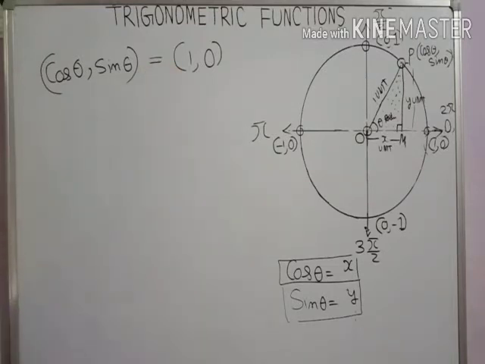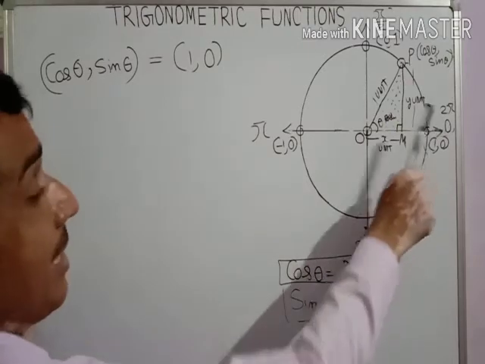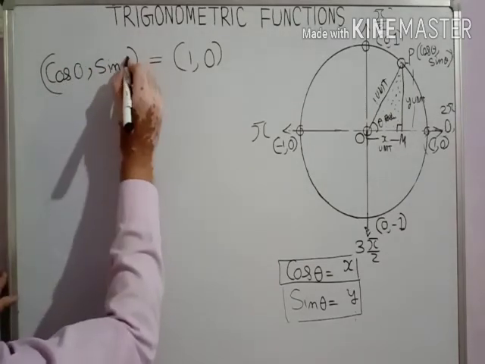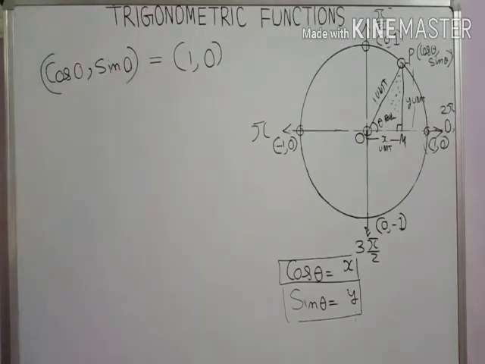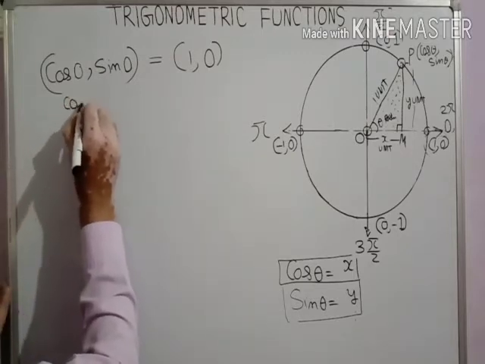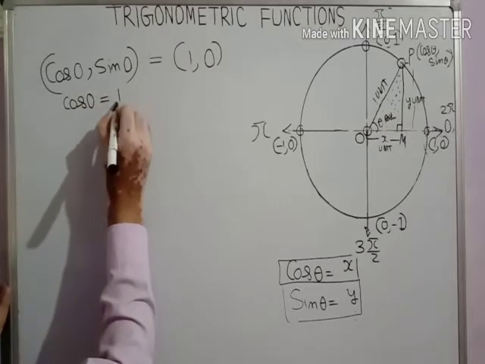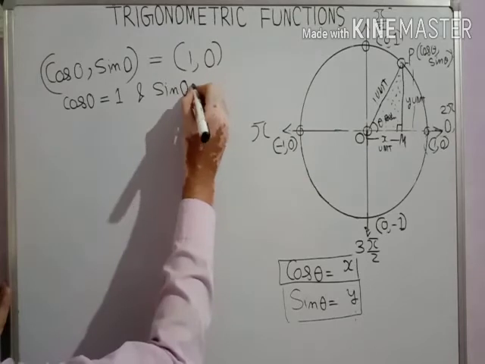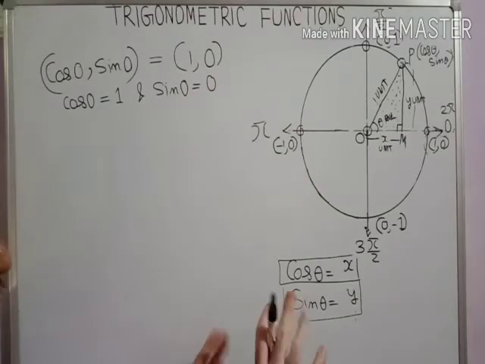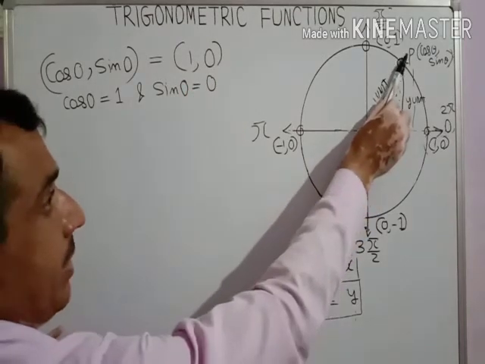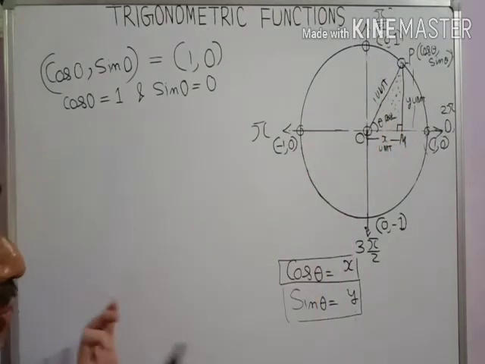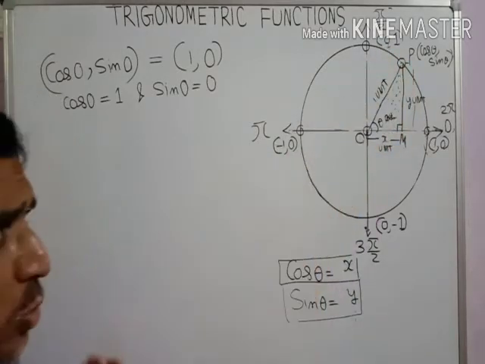If I ask you at which theta, theta is 0 degree, so theta 0 degree or 0 radian, it's okay. You see what value you got here. Cos 0 radian is equal to 1, and sin 0 degree or 0 radian equals 0. Now you visualize this line is moving anti-clockwise and it overlaps here, this point. Then at this moment this point and this point will coincide.